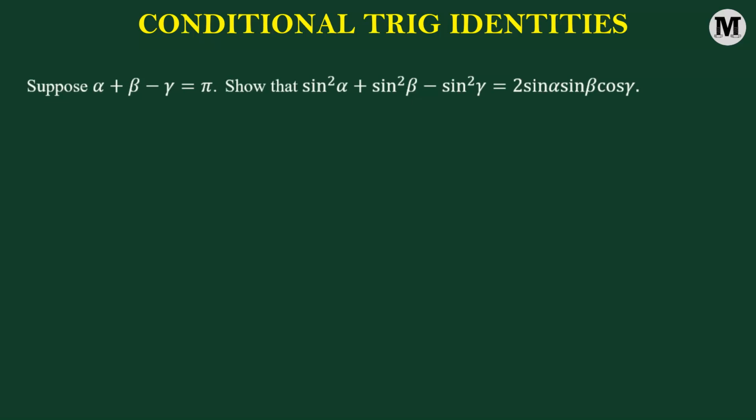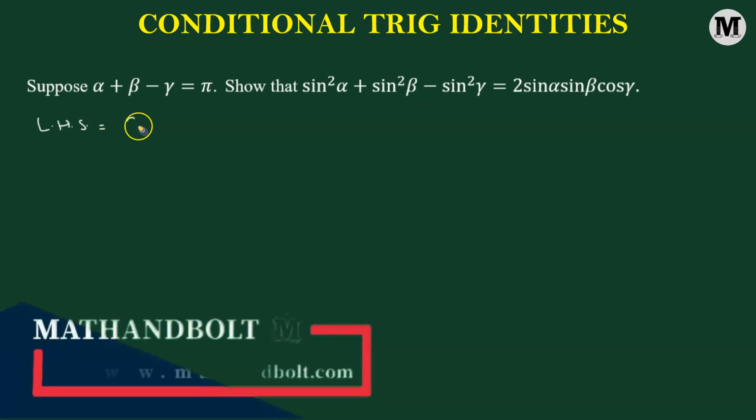Suppose alpha plus beta minus gamma equals pi radians. We need to show that sine squared alpha plus sine squared beta minus sine squared gamma equals 2 times the product of sine alpha, sine beta and cosine gamma. Okay, let us begin. Here we're going to start our proof from the left hand side, where we have